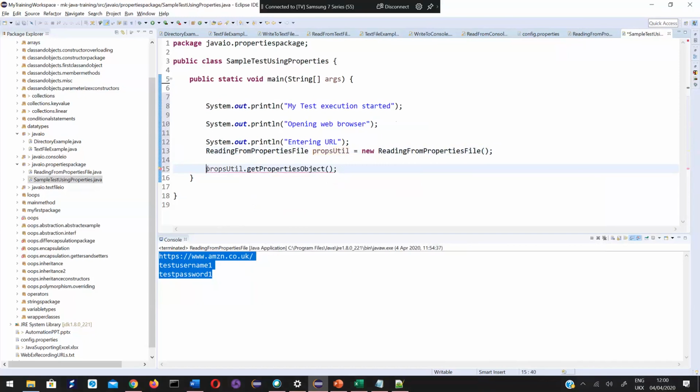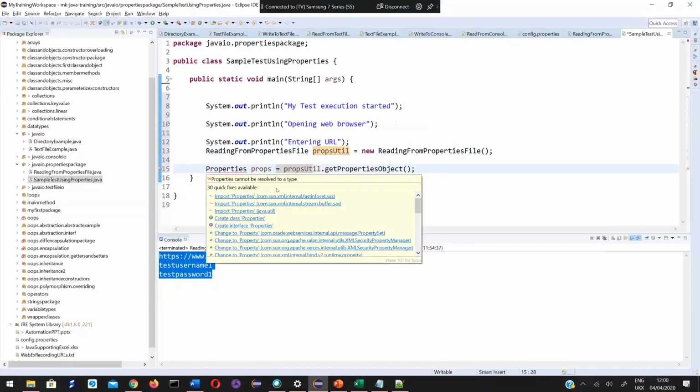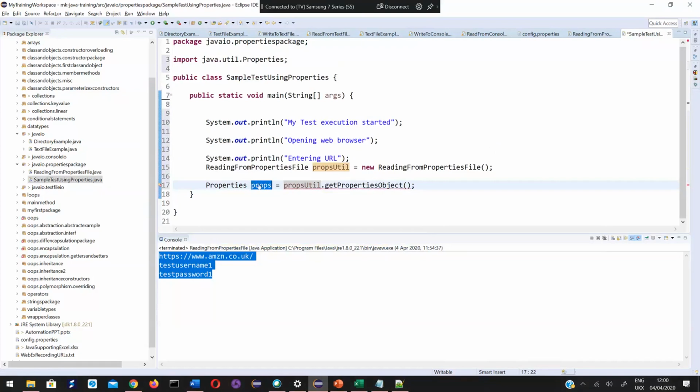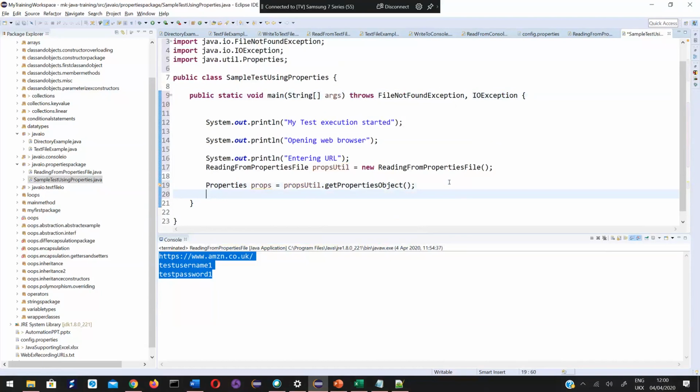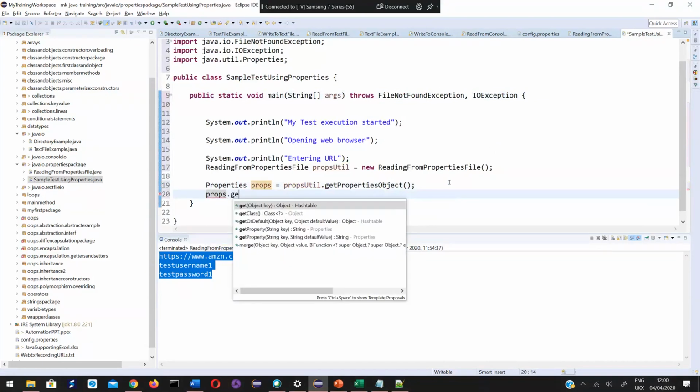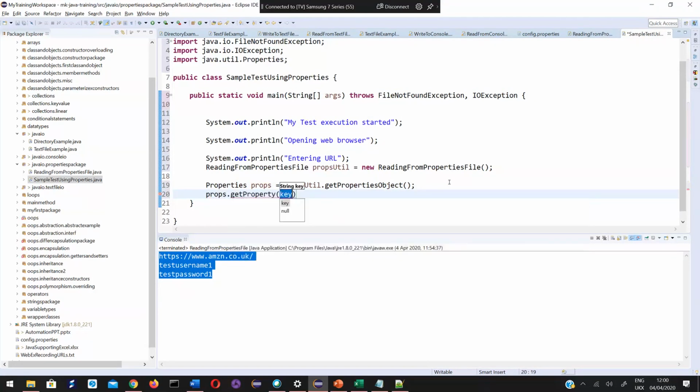It returns me a properties object, properties props equal to. Now on this I'll call props dot get property. I want URL, right? URL.